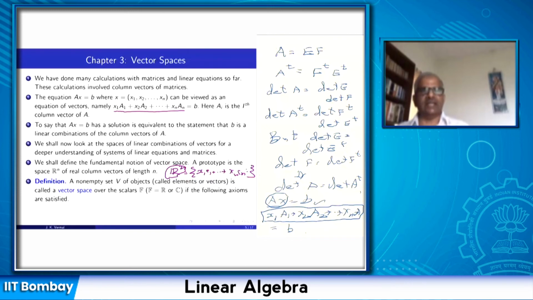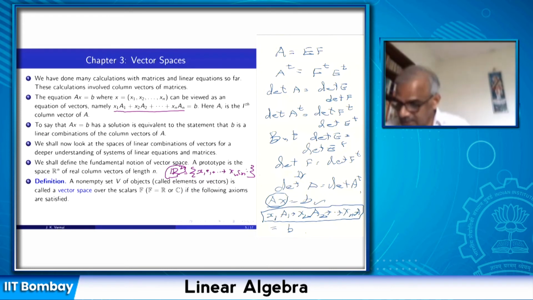So linear algebra can be done over a variety of fields: the field of real numbers, the field of complex numbers, or finite fields like the binary system of numbers 0 and 1. There are similar systems of numbers which have a prime number of elements. These are called integers modulo p. So much of the linear algebra that we do in this course is actually applicable to a set of scalars which is either the field of real numbers, complex numbers, or a finite field.